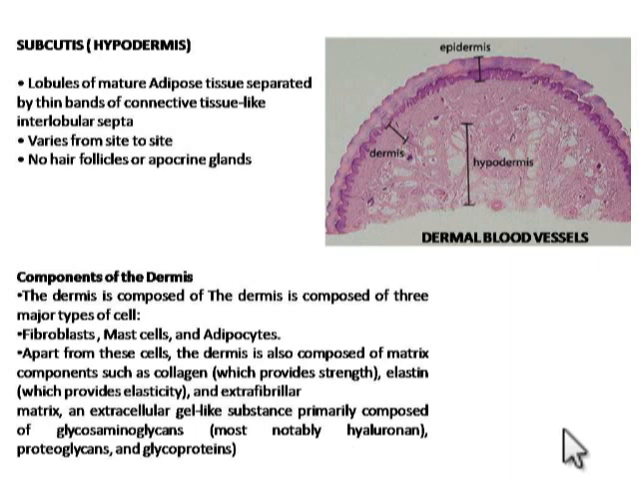So next is our components of the dermis. The dermis is composed of three major types of cells, that are fibroblasts, mast cells and adipocytes. Apart from all these cells, the dermis is also composed of matrix components such as collagen, elastin, extrafibrillar matrix,